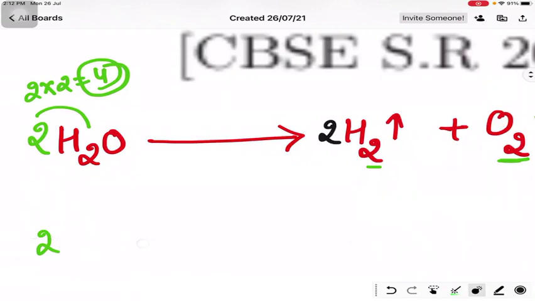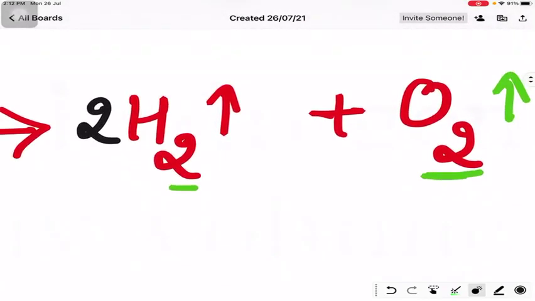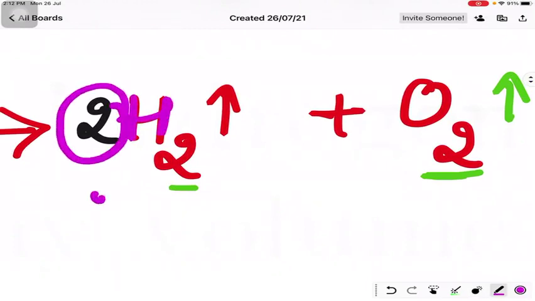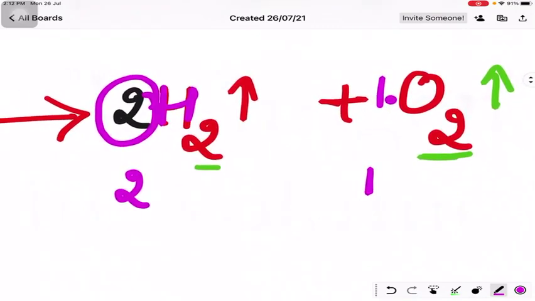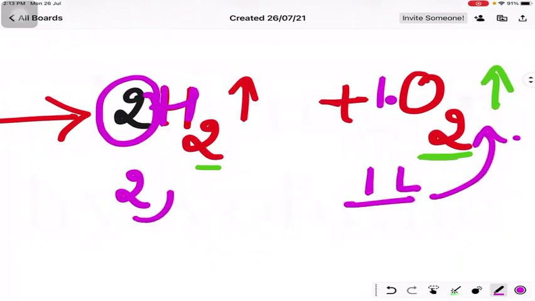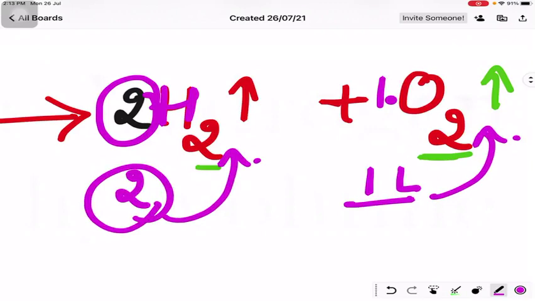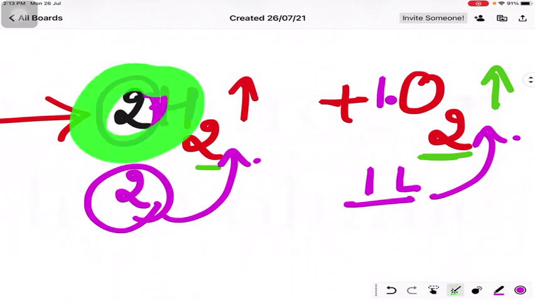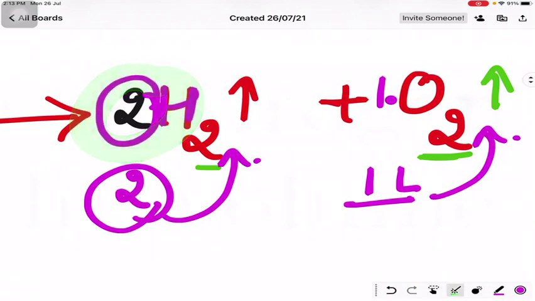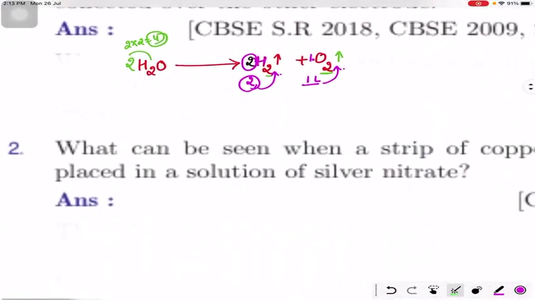So from the product formed on the right hand side, we can conclude that the stoichiometry of hydrogen is 2, whereas the stoichiometry of oxygen is 1. It means that during decomposition of two water molecules, if we get 1 liter of oxygen gas at one electrode, then simultaneously we will get double the volume of hydrogen gas at the other electrode. The reason is that in the equation we get double the amount of hydrogen gas with respect to oxygen gas. So I hope this is clear.